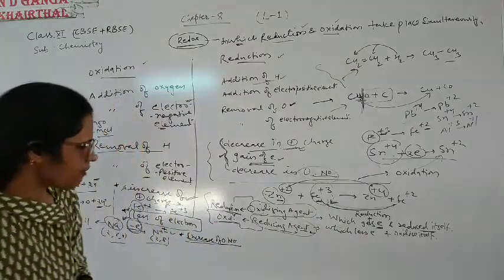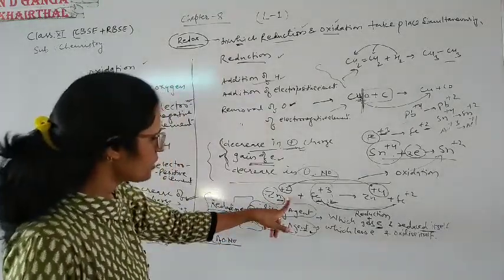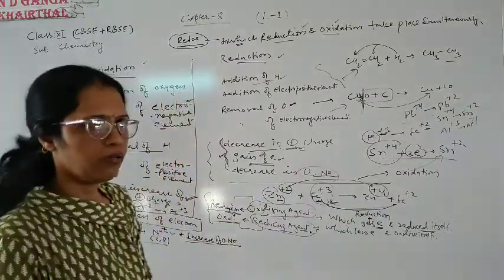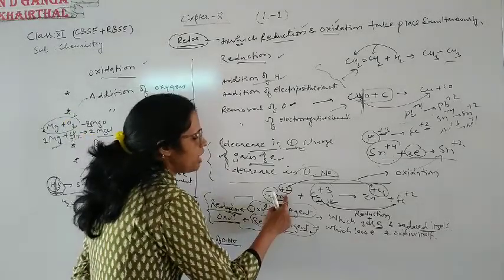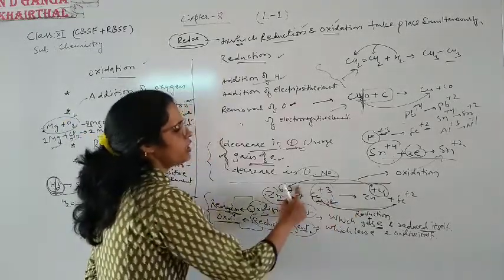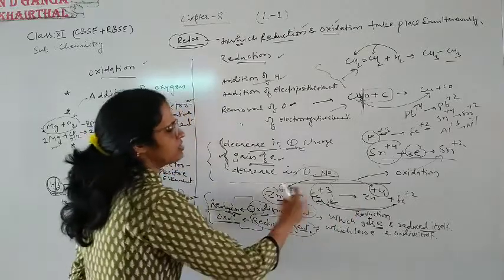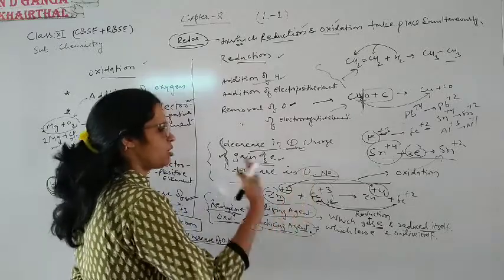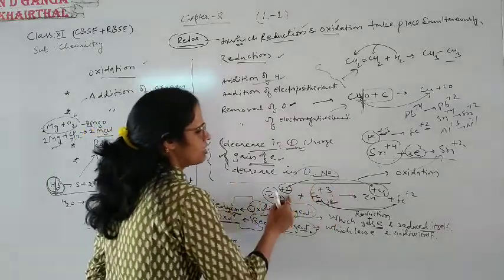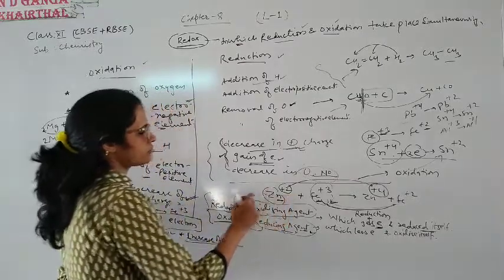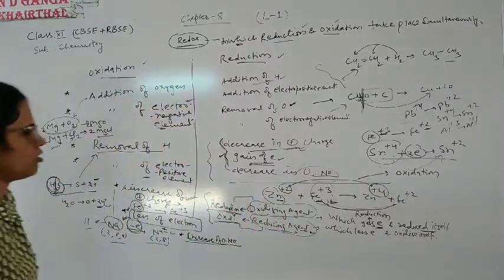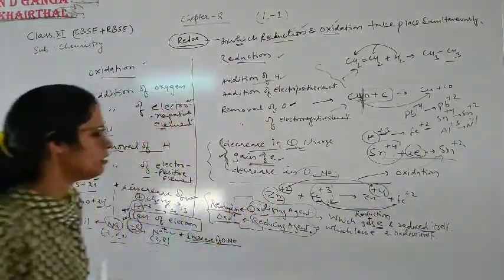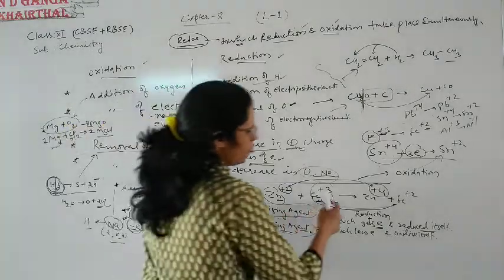Now we will discuss a redox reaction, a reaction in which oxidation and reduction both take place simultaneously. For example, Zn+2 plus Fe+3 is converting into Zn+4 plus Fe+2. Now +2 is converting into +4, so there is an increase of positive charge, which means oxidation. And how does positive charge increase? By loss of electron. So it loses electrons, so it is oxidation. Clear? And Fe+3 is converting into +2.